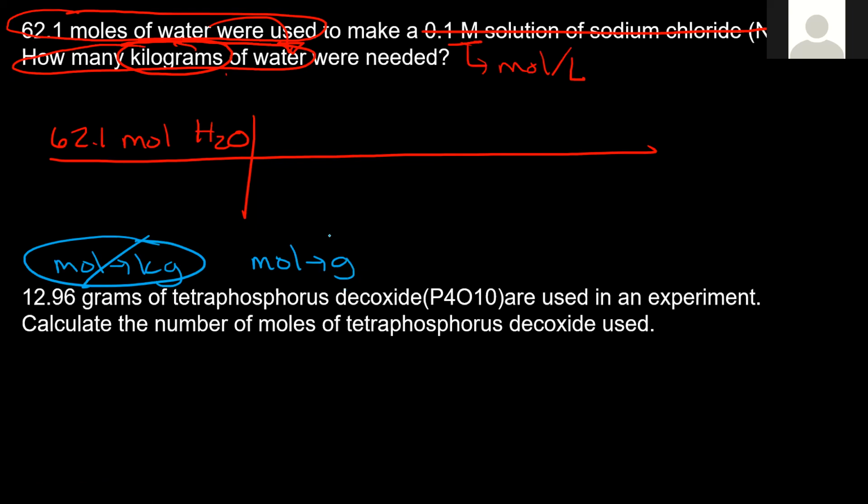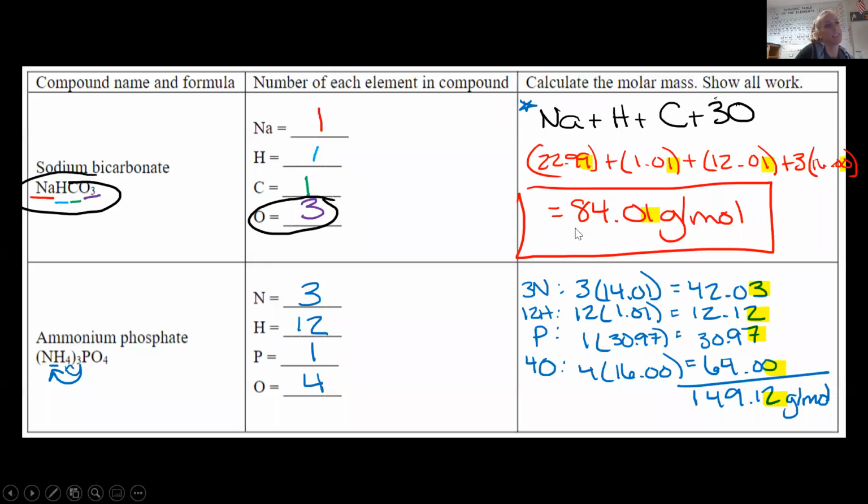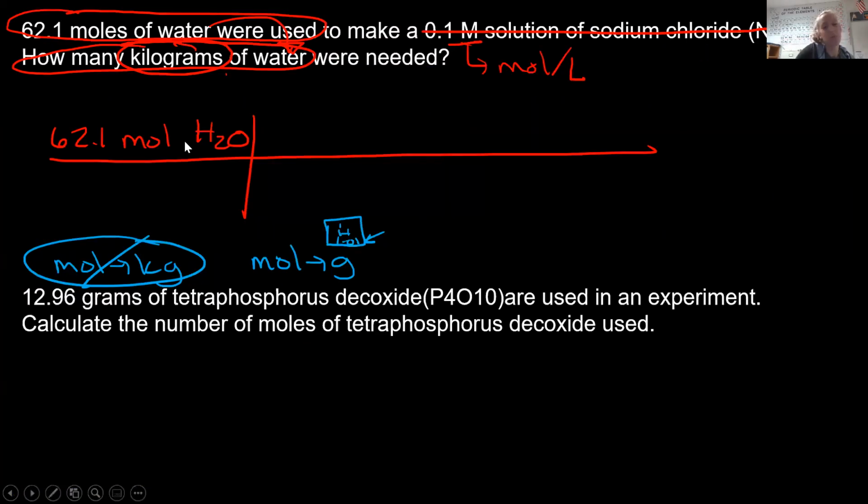How? Something to do with the atomic mass. Yes. What did we practice when we first started? Finding the molar mass of a compound. Guess what? We have a compound. So we're just going to use the molar mass of the compound we practiced making, and that will get us